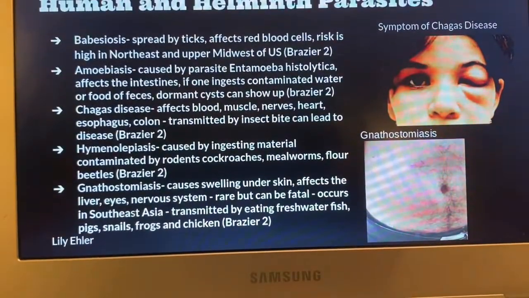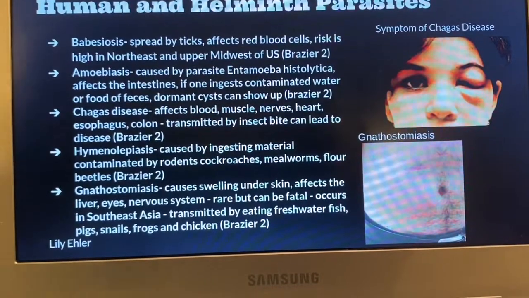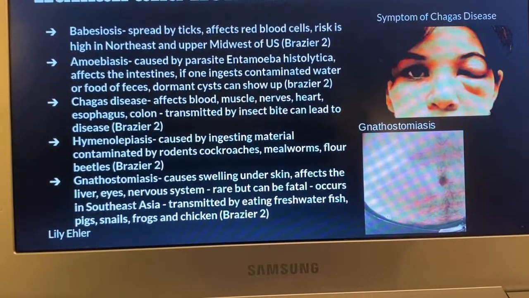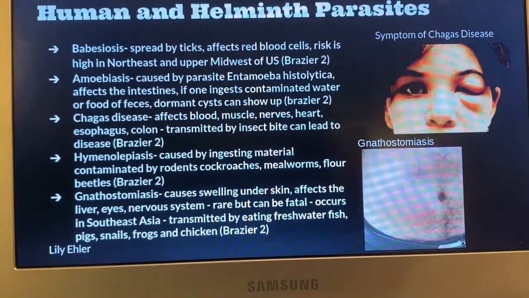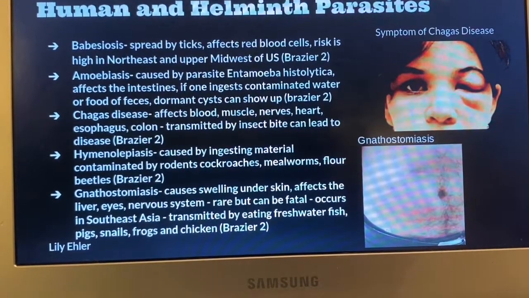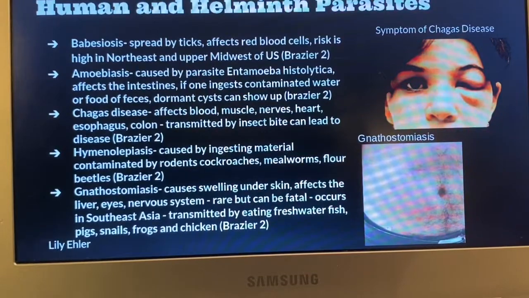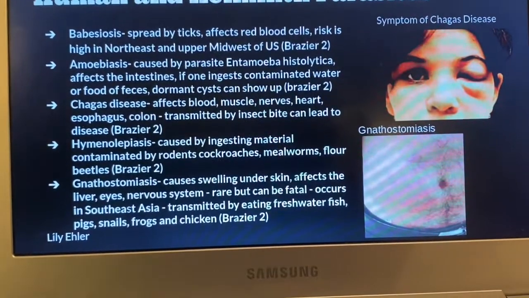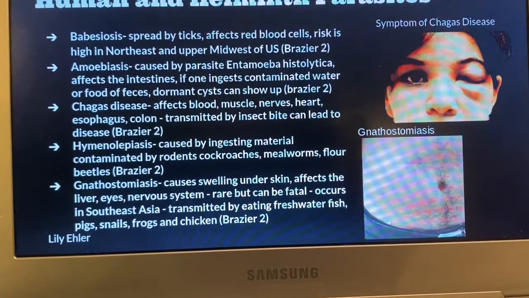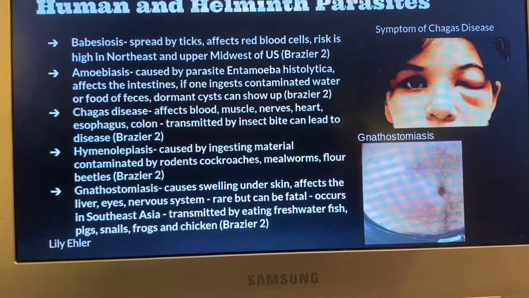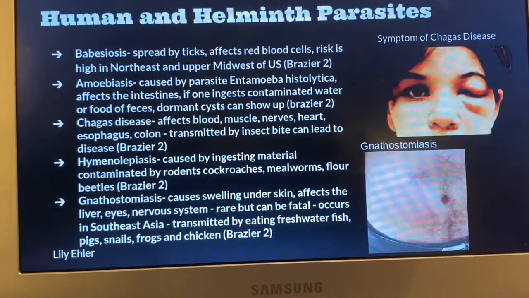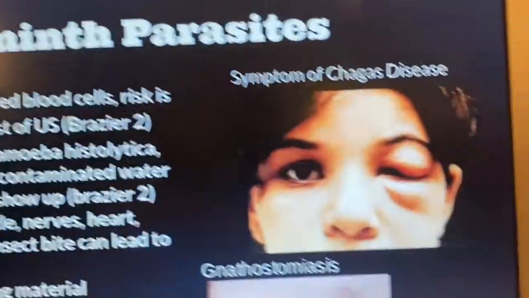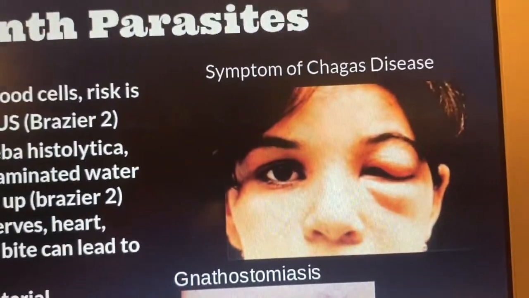Some more specific types of parasites, human and helminth parasites. One is Chagas disease, and that affects the blood, muscle, nerves, heart, esophagus, and colon. And it's transmitted by an insect bite, and it can lead to disease. One of the pictures shows a symptom of this disease, and that's swelling to the eyes. And then another parasite is